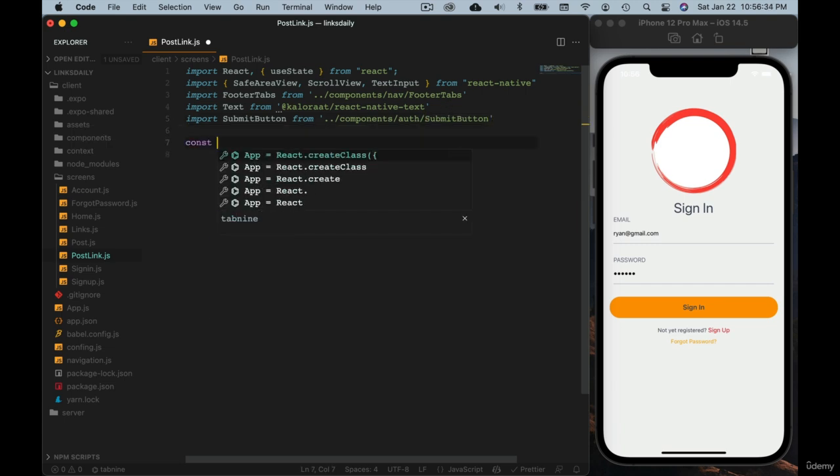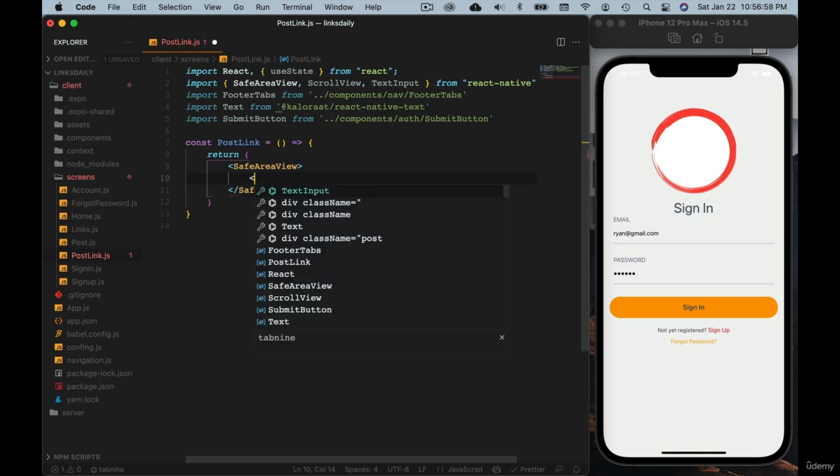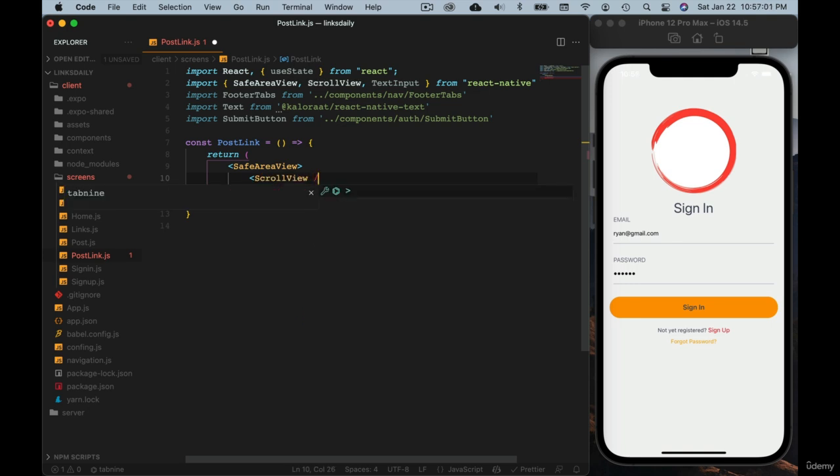Now before we do anything, let me just write a very simple component just so that we can see visually. PostLink equals to, let me return, so here let me use SafeAreaView, and inside here ScrollView, so this form, and then we will be showing the preview as well. So this can take a lot of height, so we will allow it to be scrollable so that nothing is hidden, you know. So ScrollView,